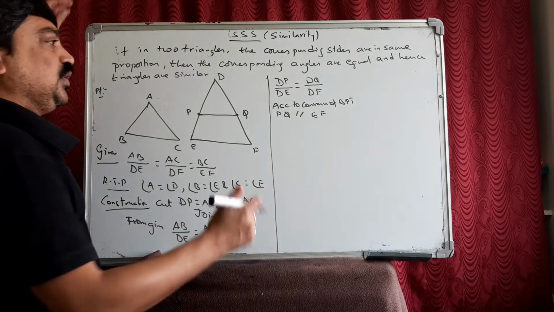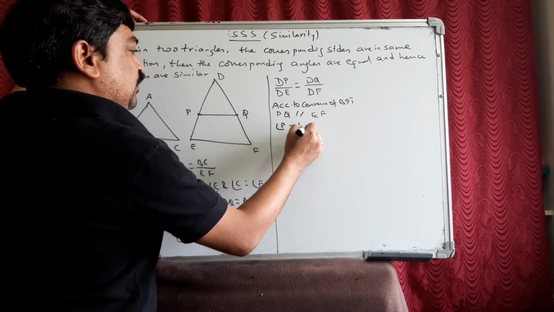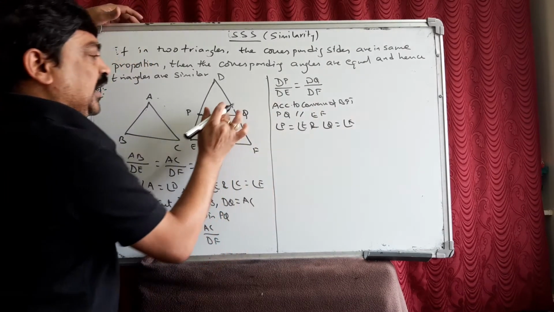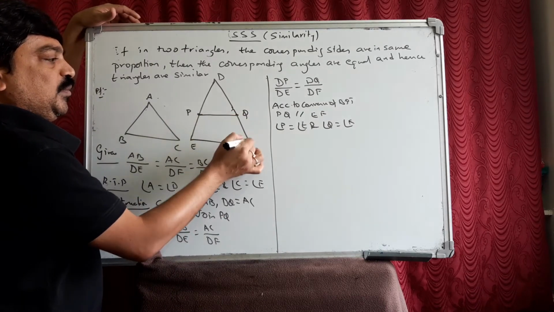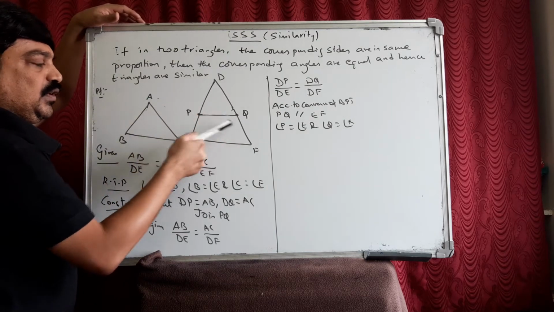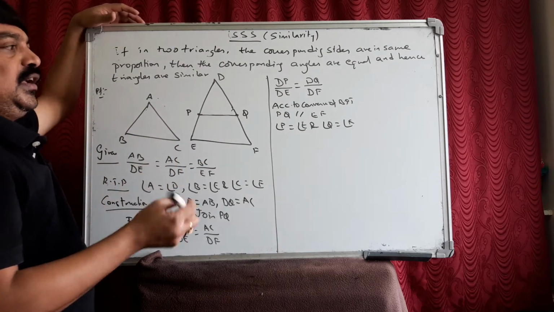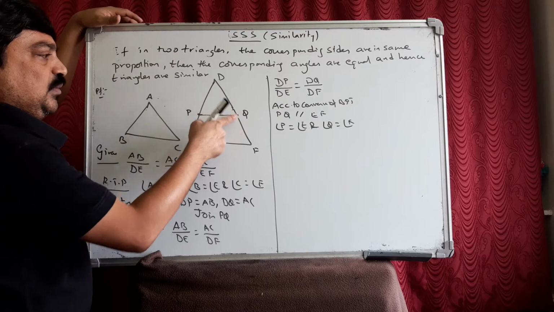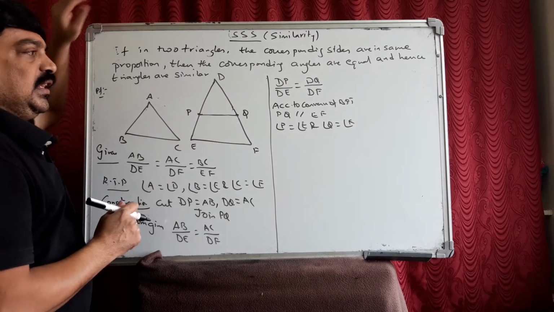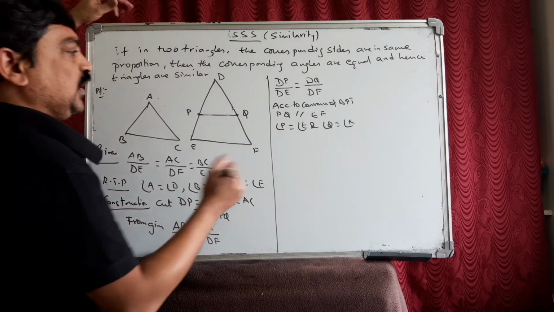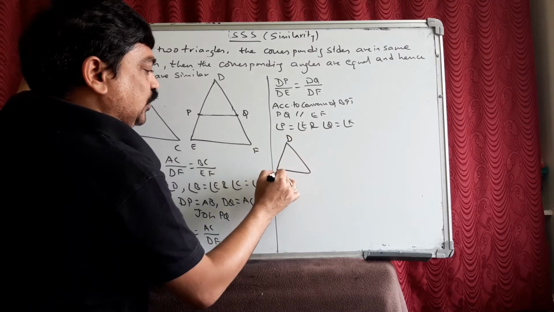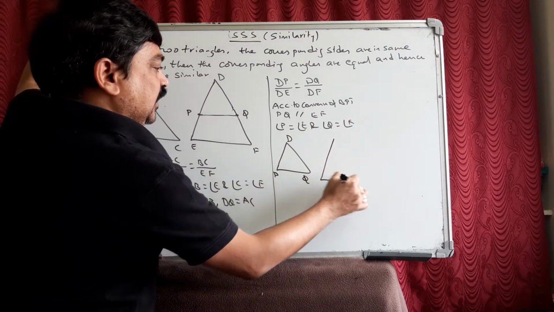When PQ is parallel to EF, angle P is equal to angle E and angle Q is equal to angle F. This angle will be equal to this and this angle will be equal to this. Okay. DPQ, you can take DPQ like that. Angle P will be equal to this and this will be equal to this. Now, when this is equal to this and this is equal to this, then we have already proved that. Now I consider these two triangles like this. See, now this is DPQ and this will be DEF.